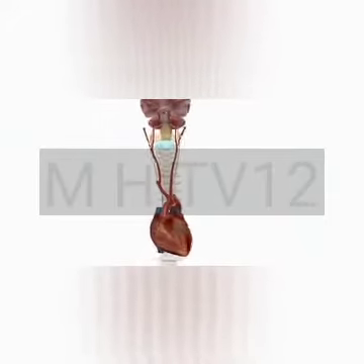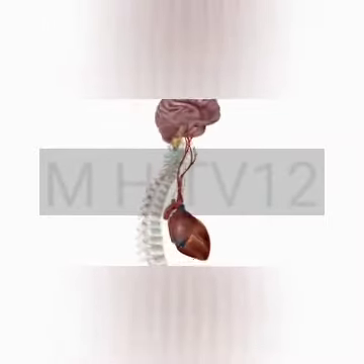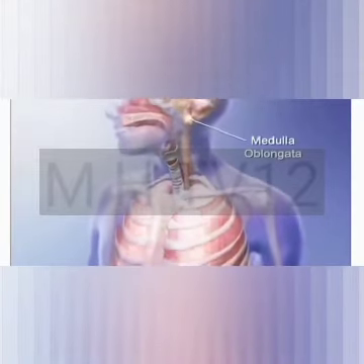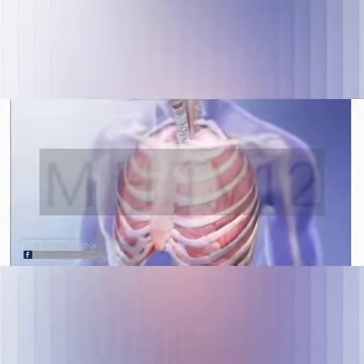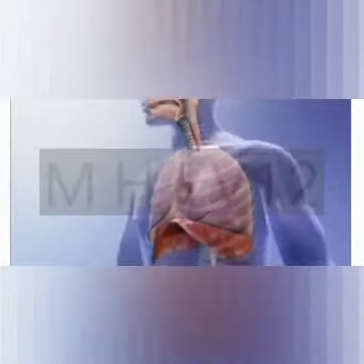Now let's see how breathing is regulated by our brain. Respiration is an involuntary function. Nerve impulses are transmitted by the pons and the medulla oblongata to the respiratory center. The rate of normal breathing is 12 to 15 breaths per minute. The body adjusts the rate and depth of normal breathing in response to metabolic needs. When the body uses more oxygen, sensors in the blood called chemoreceptors